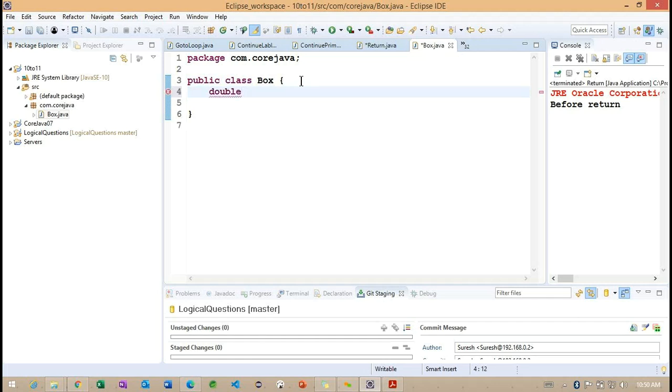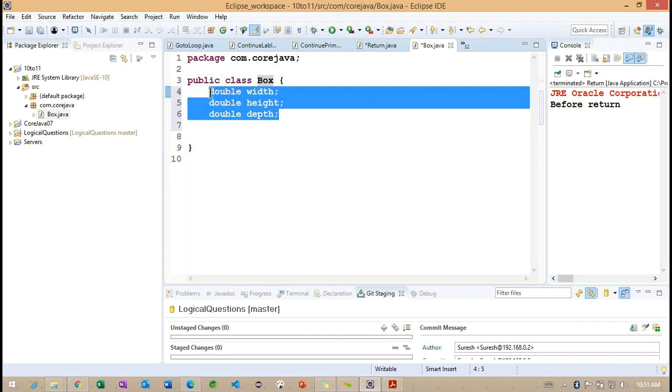Something called Box here. Now you can observe, these are the variables we are working with here. Getting the point. These variables we call instance variables, because we are creating them at class level, not at any method level. Previously we worked with the main method, but from today onwards we are going to work with most of the variables at class level here. Getting the point. So whenever we work with this class level, what happens internally, that we need to understand here.